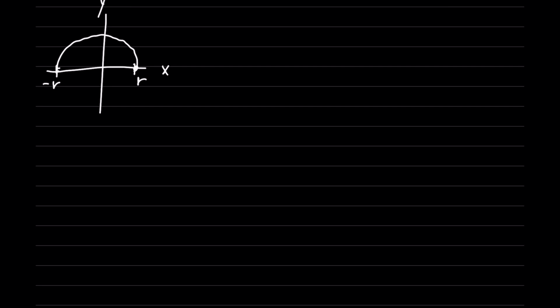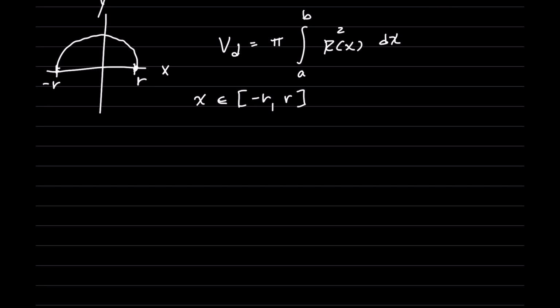So we know that the volume using disks is defined to be pi times the integral from a to b of r of x squared dx. So from here we know that x is going from minus r to r, and to find r of x, well, we know